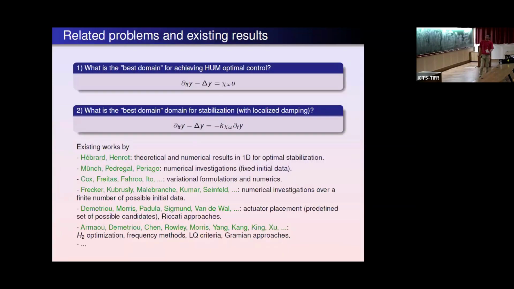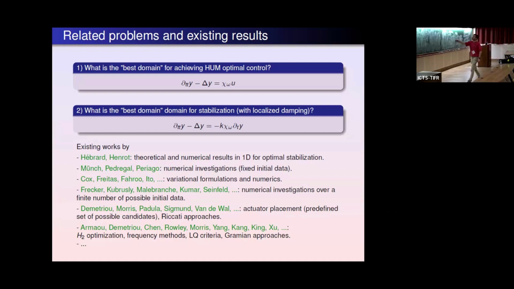Right. And still before solving, I have also stressed, but I will pass over this part, that there are many other problems related to that problem of optimal observability, such as the problem of optimal controllability. You can ask exactly the same question whenever you want to control a wave equation. What is the best set on which you can act? It's the dual problem. You could also ask the question, what is the best set in order to stabilize the